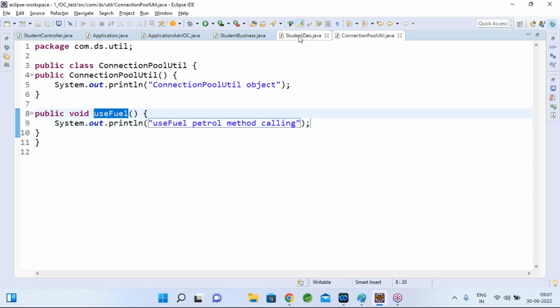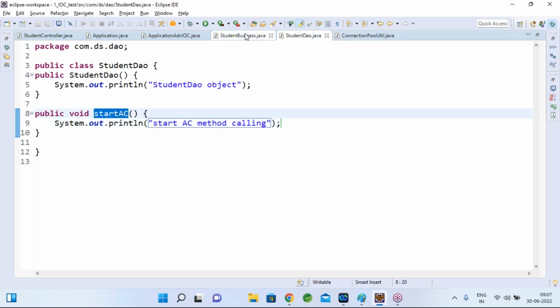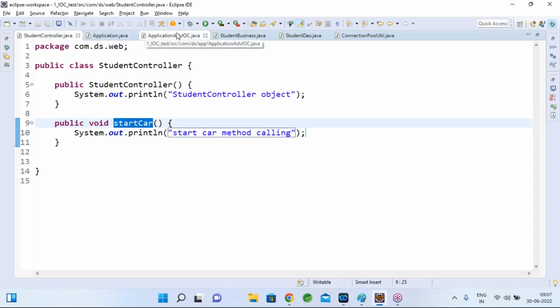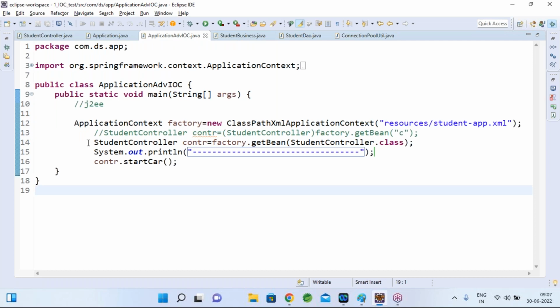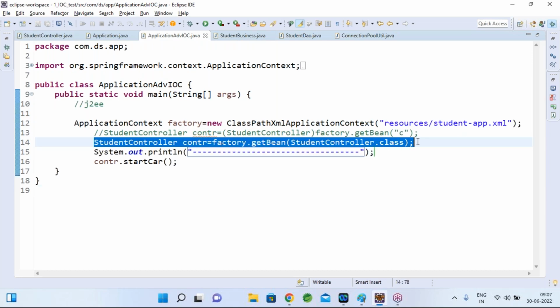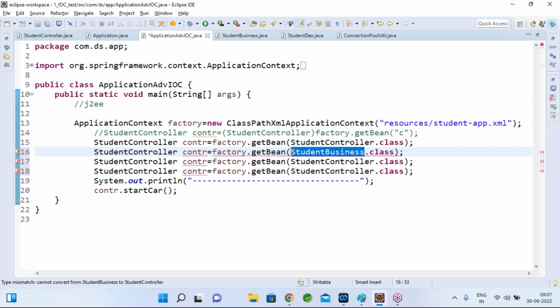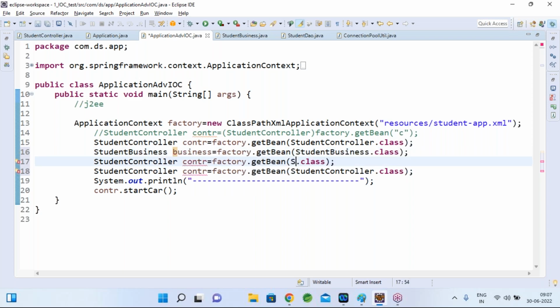In here I have the use fuel method, here I have the start AC method, and here I have the start engine method. In my controller I have the start car method. If you want to call all those methods, you need to get all those objects. So get those objects here. Get bean student controller, get student business object, get your business object, student DAO, get your DAO object,